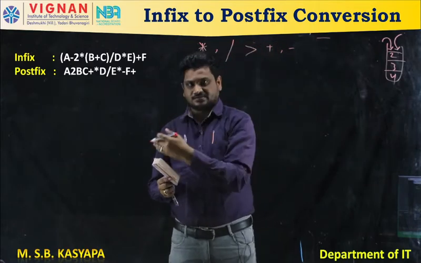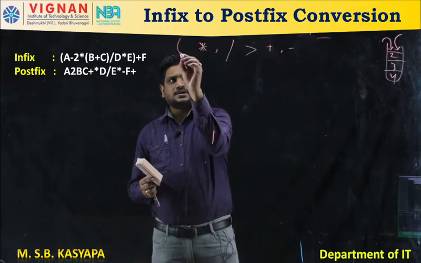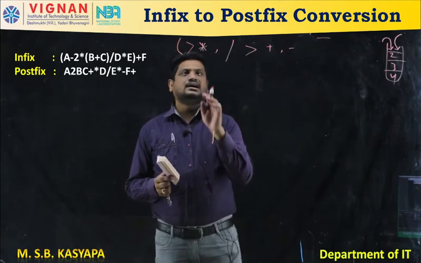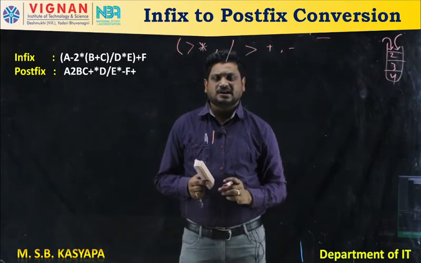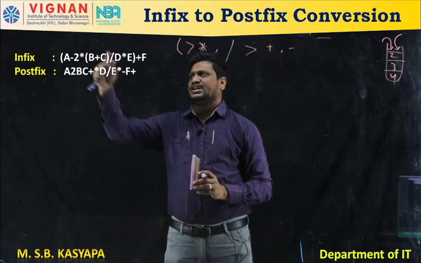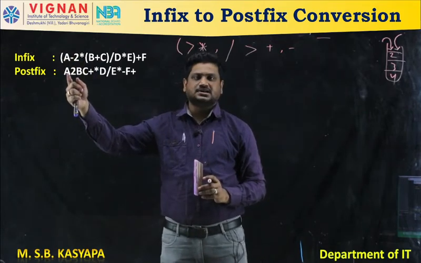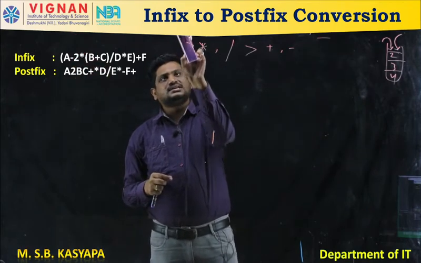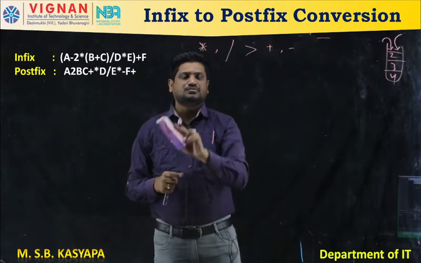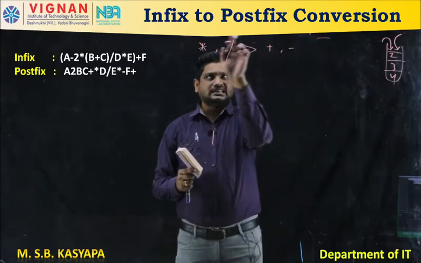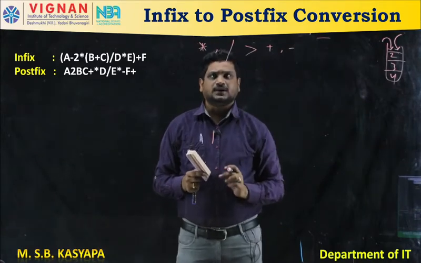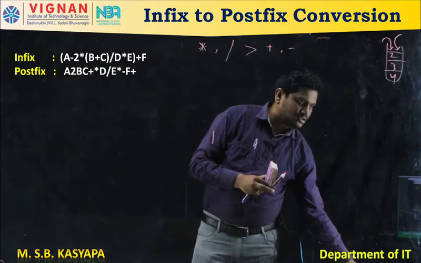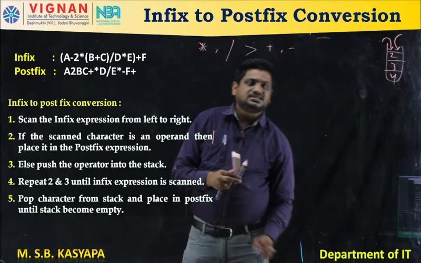As I said previously, in operator precedence, brackets always have the upper hand over multiply, plus and these arithmetic operations. But while converting an infix expression into a postfix expression, these brackets are negligible. So, I am not going to consider the bracket precedence. I am going to consider only these four arithmetic operators' precedences. Why am I using the precedence? Let us see in the algorithm. In the algorithm, you will see the importance of the precedence.